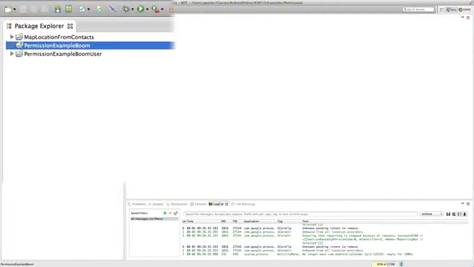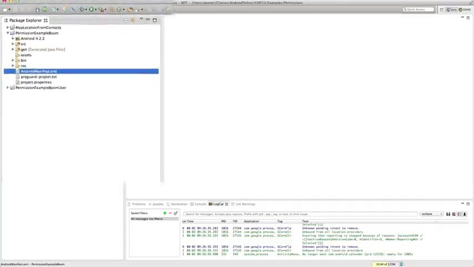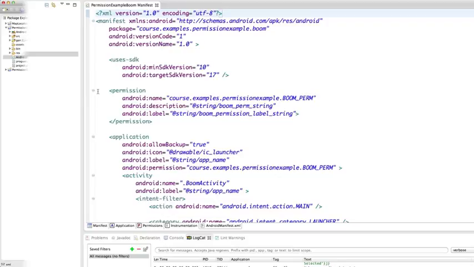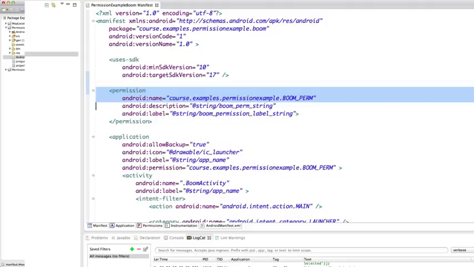So here's the Permission Example Boom application. Now I'll open up the AndroidManifest.xml file and we'll take a look inside. Here you can see a permission tag that defines a new permission. The permission's name is course.examples.permissionexample.boom_perm. In this example, the permission tag includes two other attributes, a label and a description, which can be shown